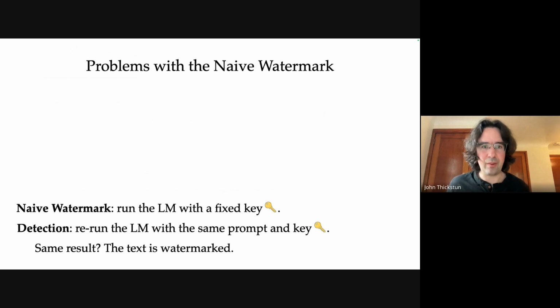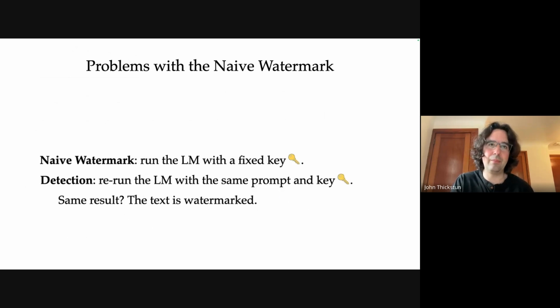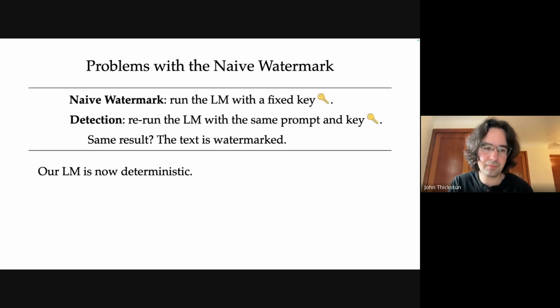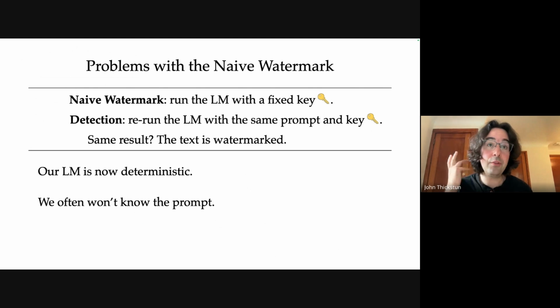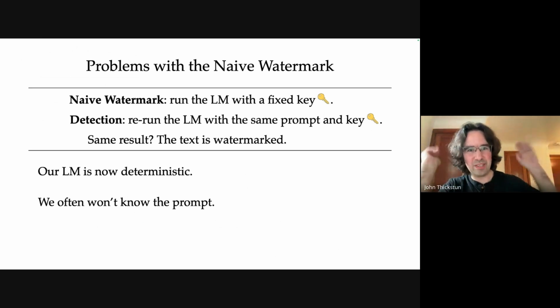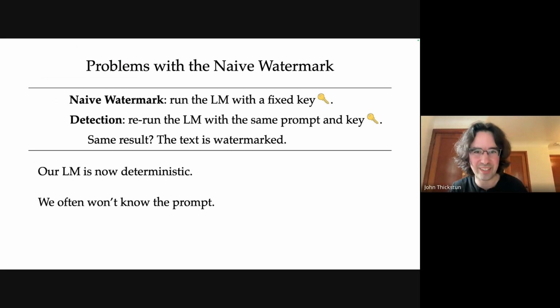Now, there are several major problems with this watermark. First of all, it makes our language model deterministic. It will always respond in exactly the same way to the same prompt. But there are other problems with this watermark too. So we often won't know the prompt that was used to produce the generated content. A user will prompt the language model, get some output, and then maybe their prompt is write me an essay on World War II, and they get the essay on World War II, and then they submit it as their homework assignment. So without knowing what the prompt was for the language model, we won't be able to apply this